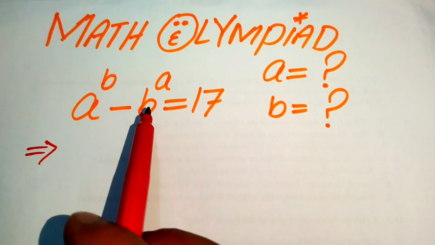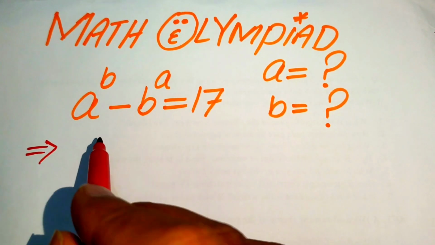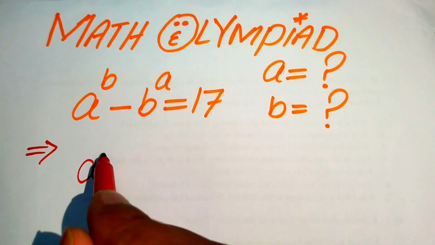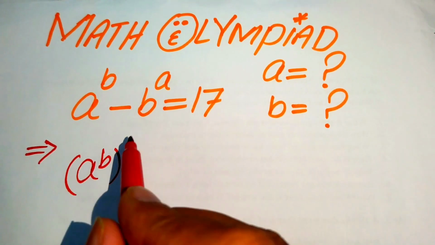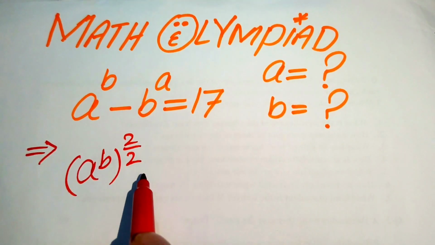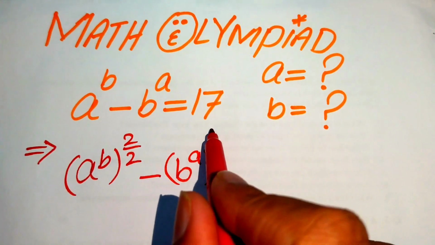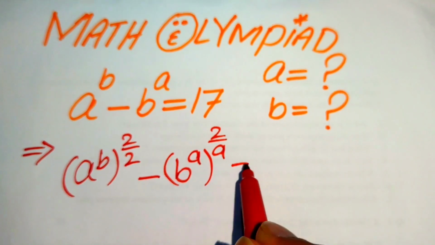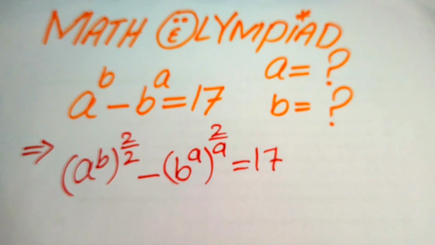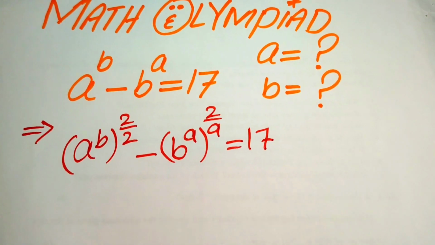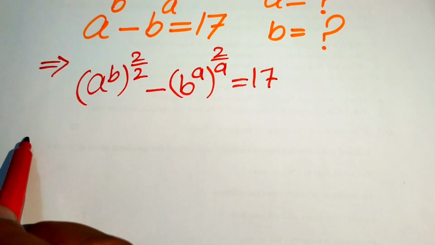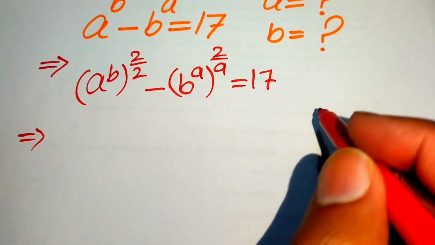the exponents of both of these terms by 2, and we write it as a to the power of b and its whole power 2 over 2, minus b to the power of a and its whole power 2 over 2, equals 17. And after that we use the nice exponential law, and you very well know about